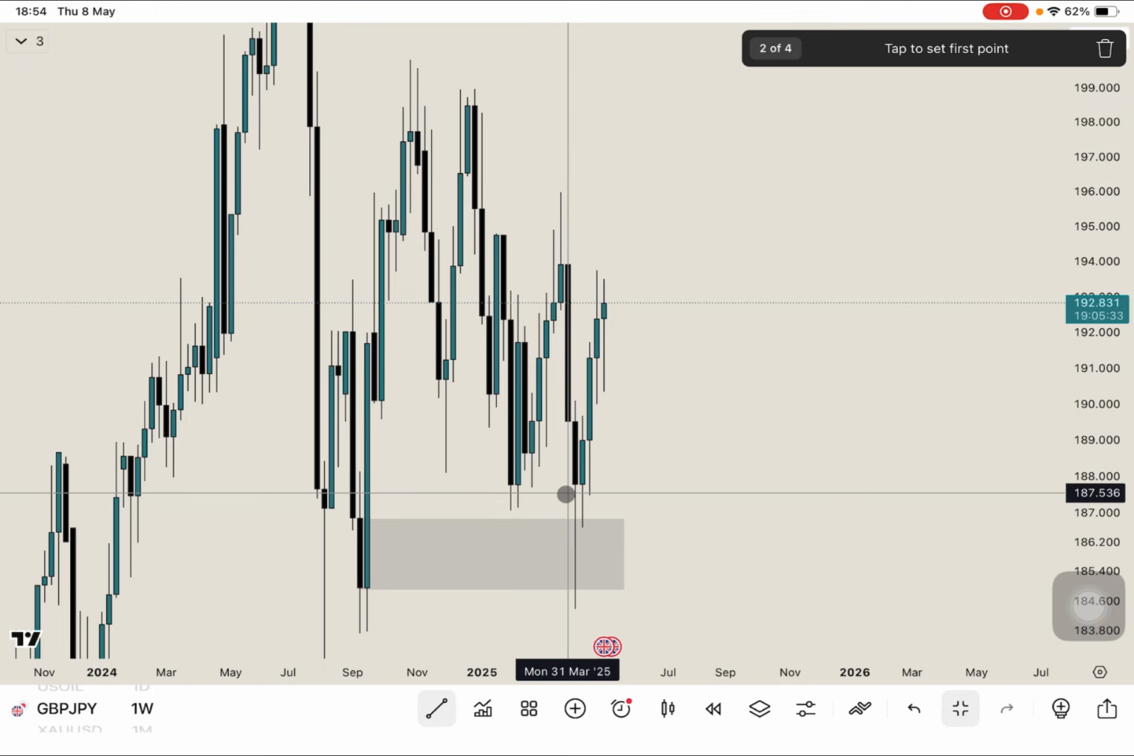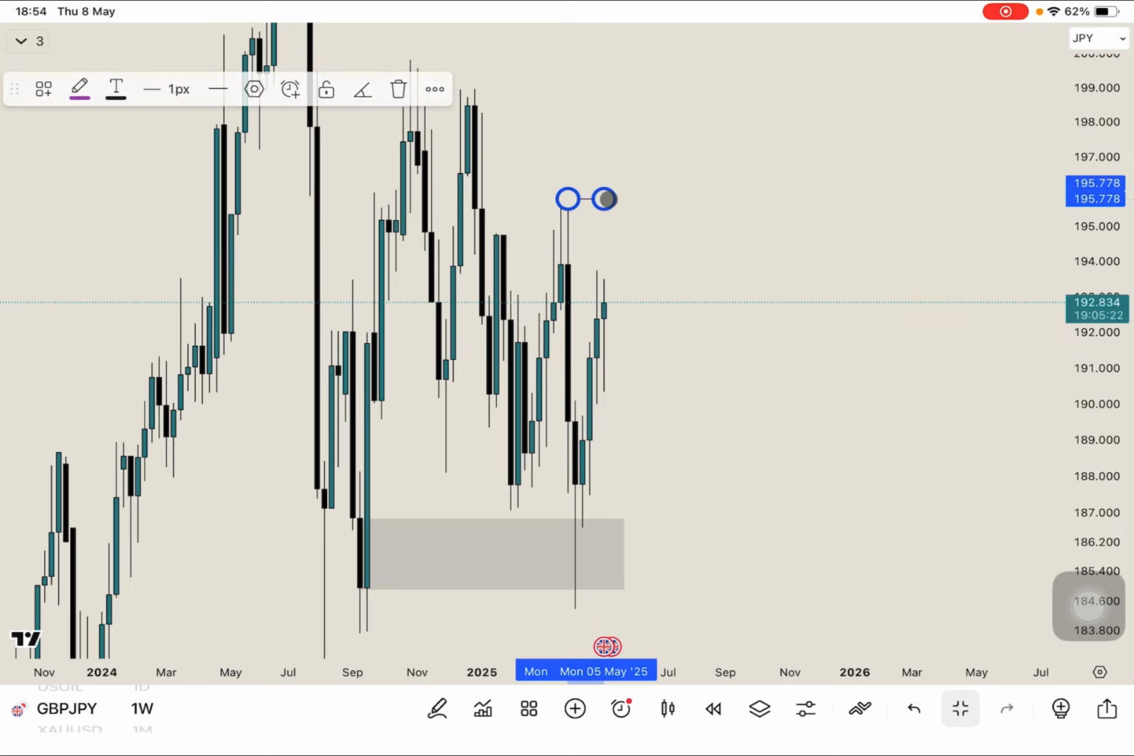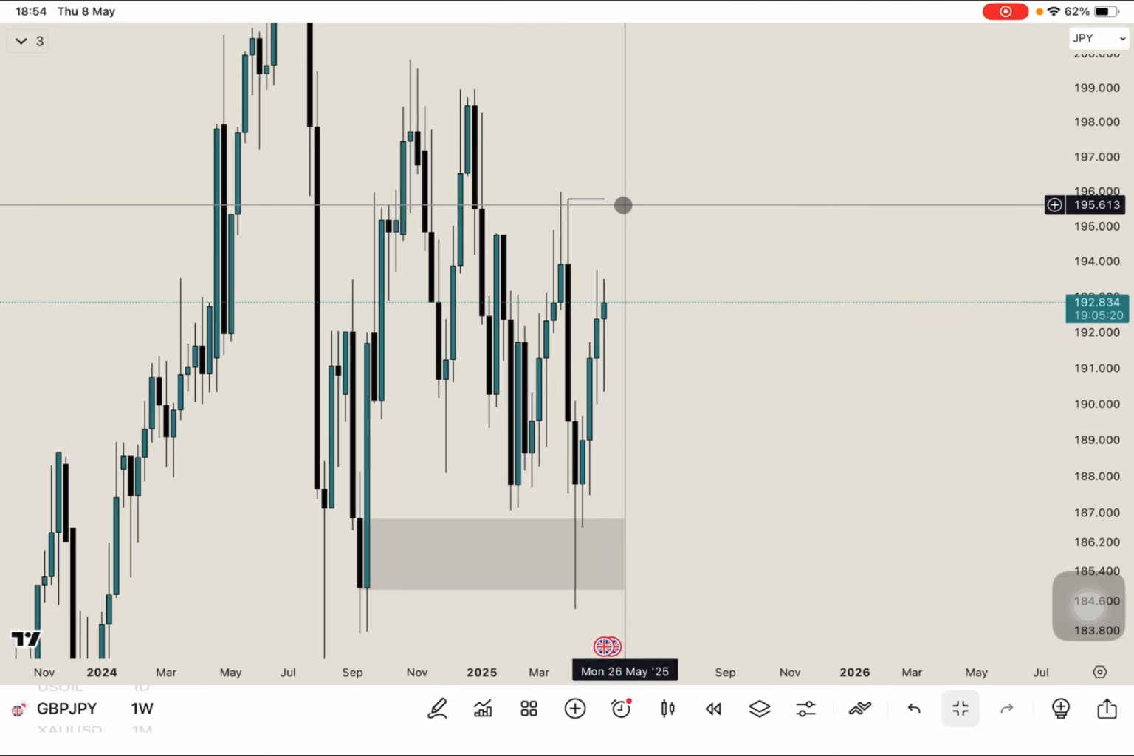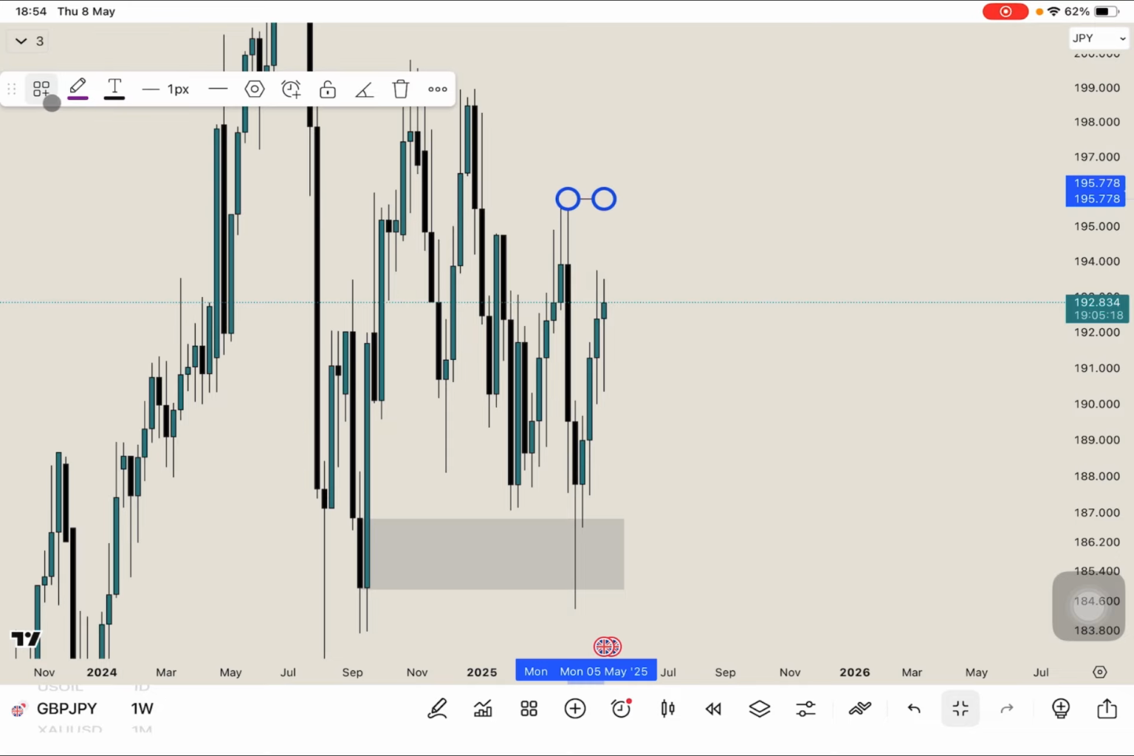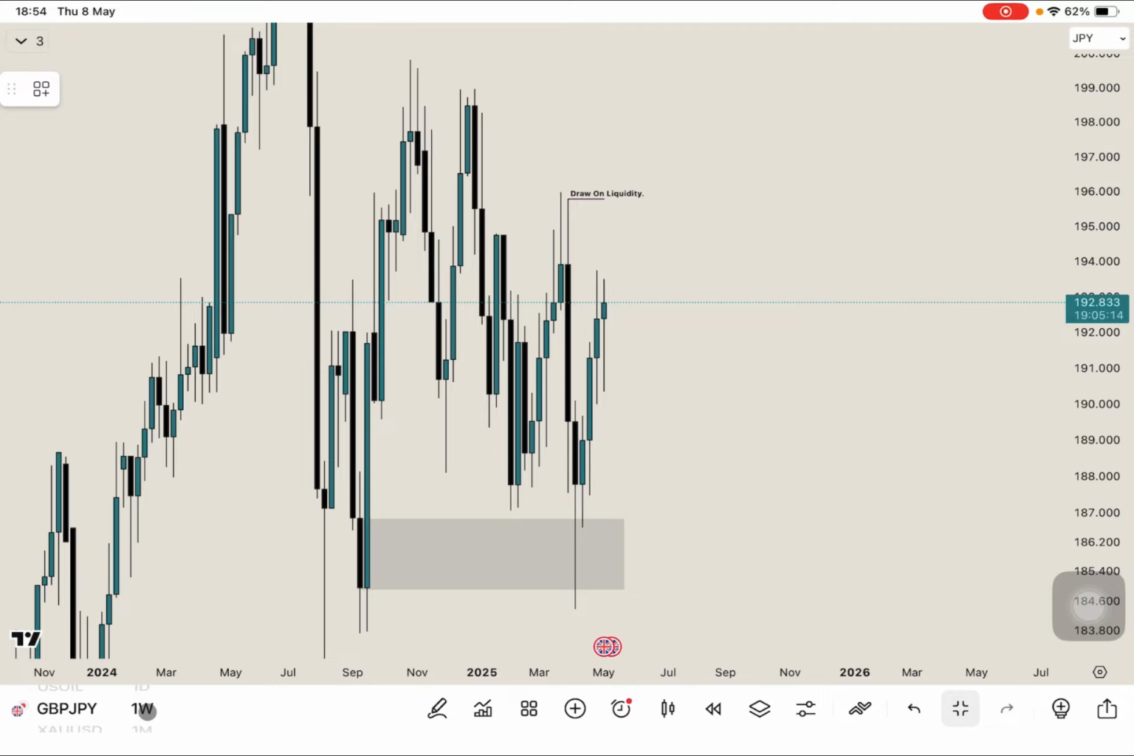So this was the close, this was the candle low, and this was the candle high. So now the candle high becomes our draw on liquidity. So let's mark that out, draw on liquidity. So then we now have a bias, we now have a narrative of where price is going to, although we